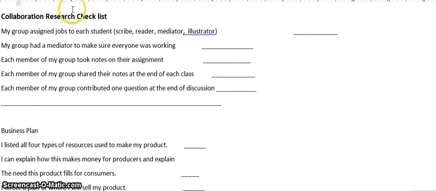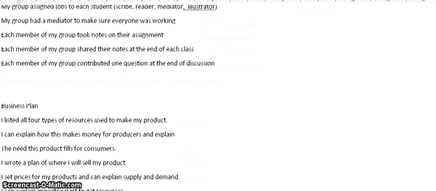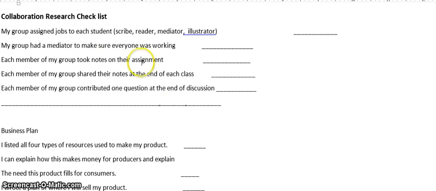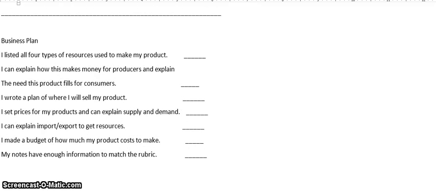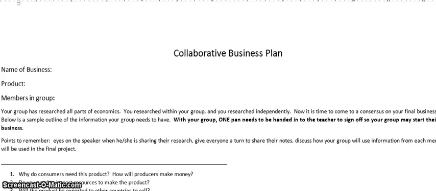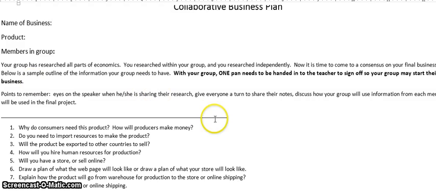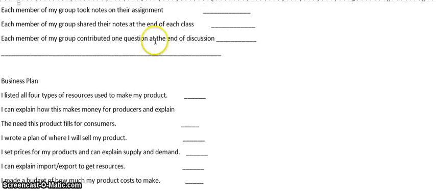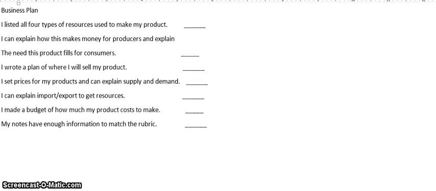I use a checklist for all the students, so they know what I expect of them while they're in groups, and they are so used to this now that school's almost over. They're very self-monitoring. For their business plan, there's a checklist, and I would compare the list to their notes. That's one way I would assess formatively to see if they had the information that they needed. And then they also had to have a comprehensive business plan, which collectively showed independent notes, and they had to put it together, and it had to make sense.